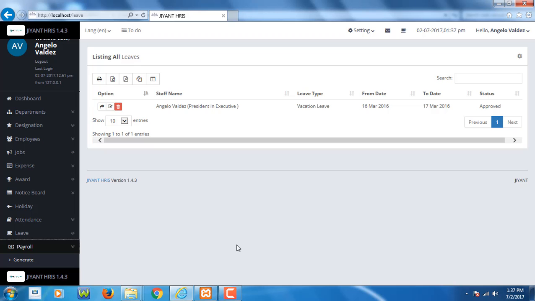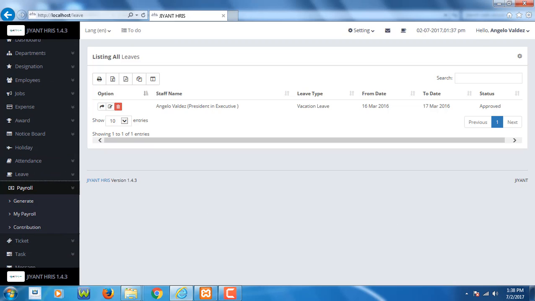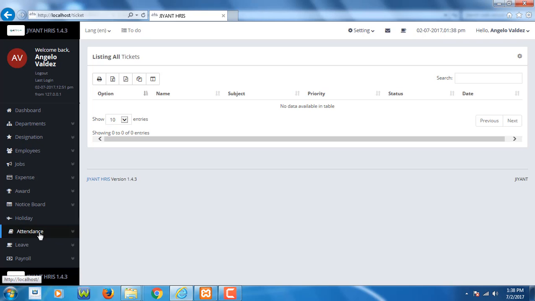And what are the other options we have? You still have the ticketing system. This is where you maintain the tickets.